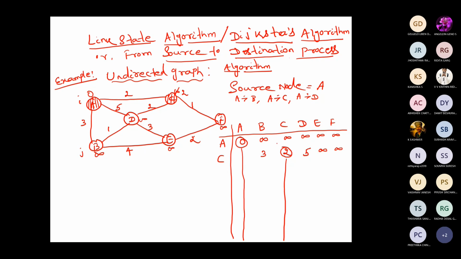So C is connected to what nodes? Let's see. C is connected to A, C is connected to D, C is connected to F. But here, guys, C is connected to A, we cannot consider it because A is already visited. So what are the unvisited nodes? D and F. We have to update the distance for D and node F only. Now, guys, just let me finish. B's new value is 3 and D's new value is 5, as per the table.